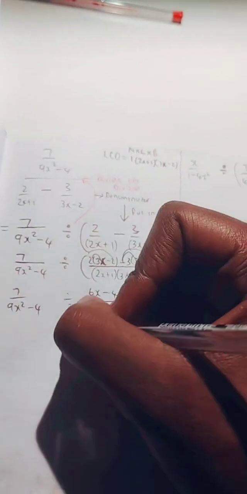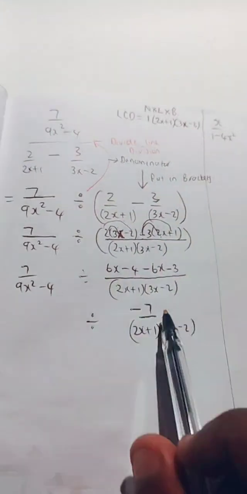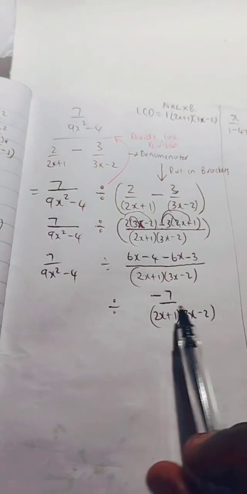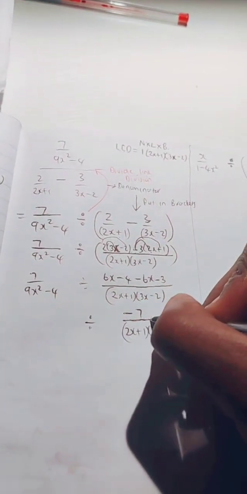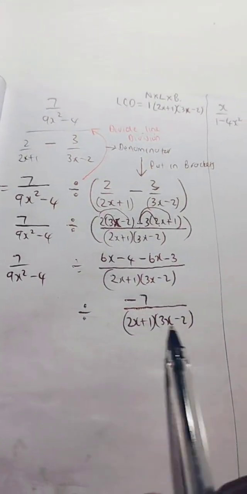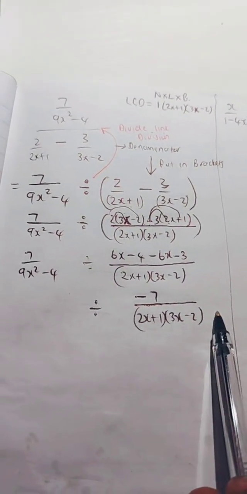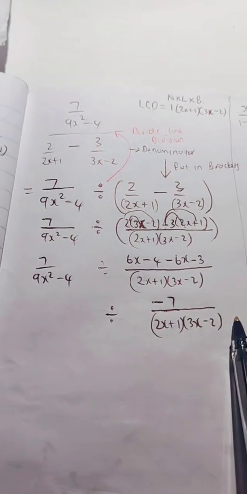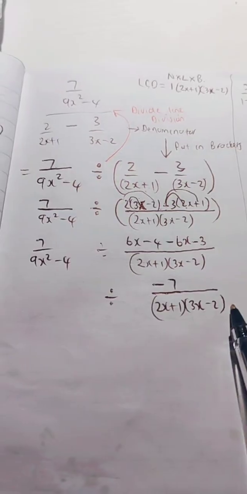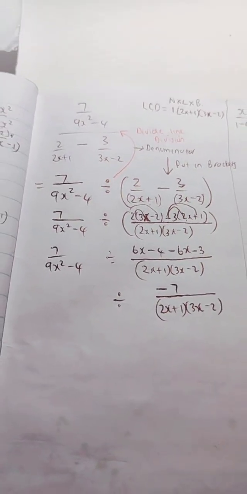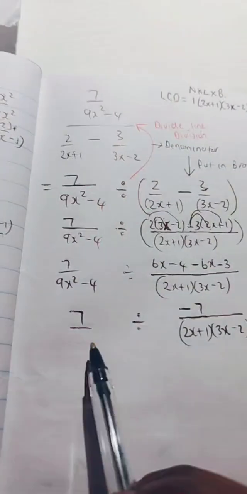Now, if we look at what we have for this fraction, we can't simplify any further, so we leave it like this. We leave the denominator with the brackets open. With simplification, we leave the brackets as they are. We don't multiply them out in the denominator. Then let's write 9 over